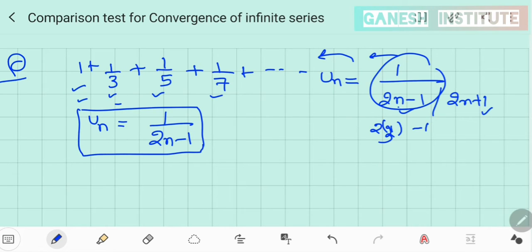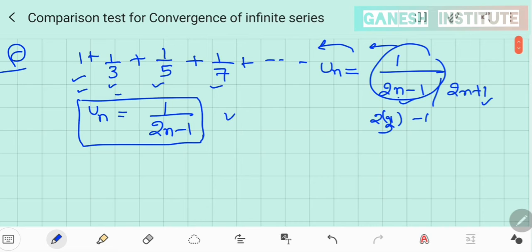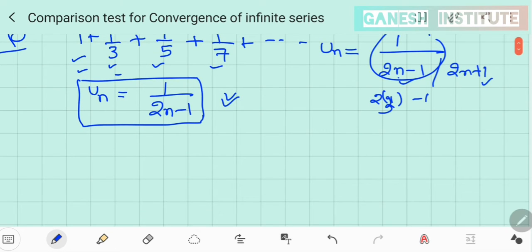Now, in order to check whether this series is convergent or not, there is a comparison test. And as you know, comparison cannot be done alone, right? We need some other things to be compared. So what this test tells us is that, let's say you have one series where you need to find out whether it is convergent or divergent. So you need to take the summation of that series. You have to make or assume another series and take that summation too.